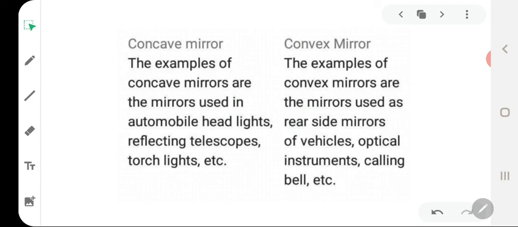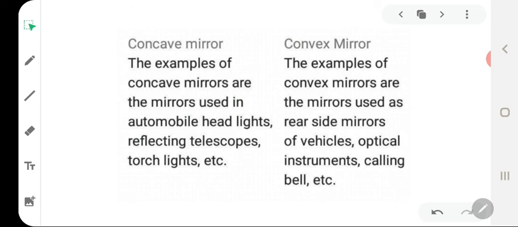Coming to the convex mirror. Convex mirrors are used as rear view or driver's mirrors because this mirror forms an erect and diminished image of an object behind the vehicle. Since the image of the object formed is small in size, the field of view is increased. It means the driver of a vehicle can see the traffic over a large area behind his vehicle. So this mirror is also known as a driver's mirror. It is also used in street lights because it diverges light over a large area.